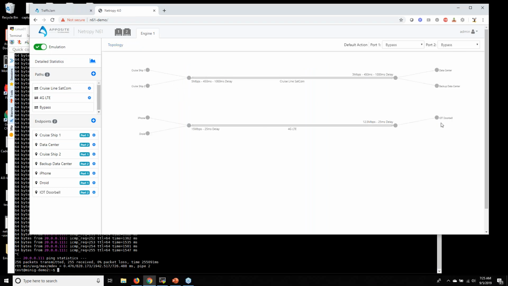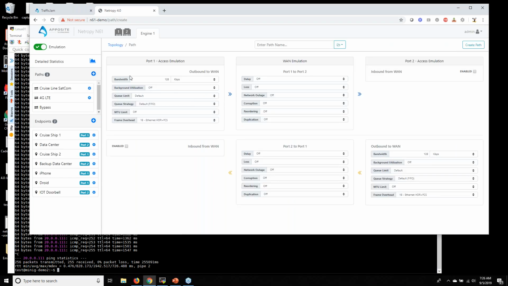Now this doorbell can run through the 4G LTE type connection in their lab and connect to iPhones and Droids and stuff like that. So I'm going to go through some of our impairments to give you an idea of all the different types of things we can do.